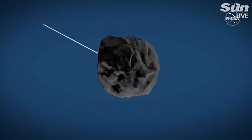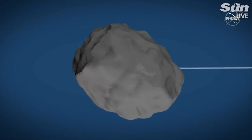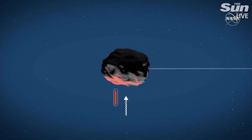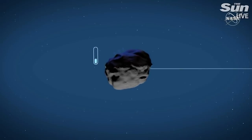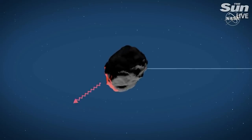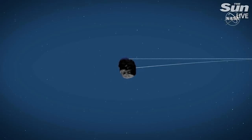Well, like Earth, most asteroids rotate slowly as they move through space. During the day, the surface of the asteroid is illuminated by the sun, so it absorbs heat and grows warmer. During the night, however, the surface cools down, emitting the heat it absorbed as radiation. This radiation exerts a force on the asteroid, acting as a sort of mini-thruster that can slowly change the asteroid's